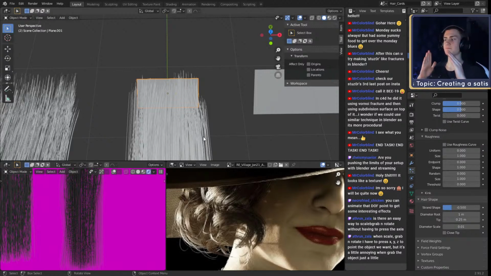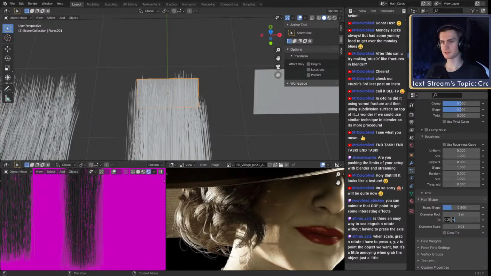Close tip basically ensures that the tip is always 0. Hair particles are usually just like tubes, and if close tip is enabled, the tubes end in a sharp tip basically. If we unclick that, the tube stays open basically.